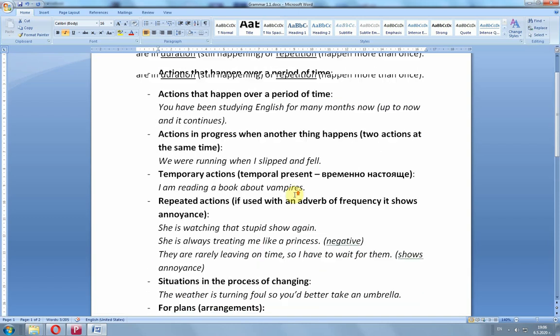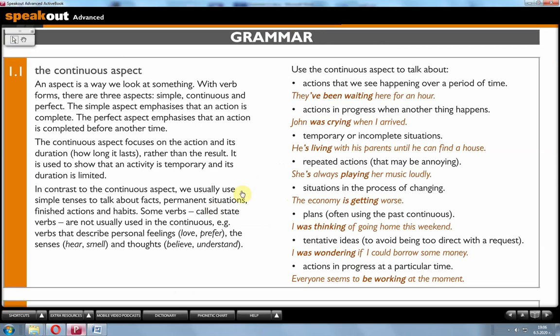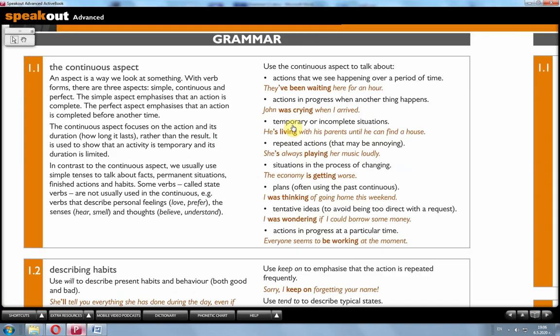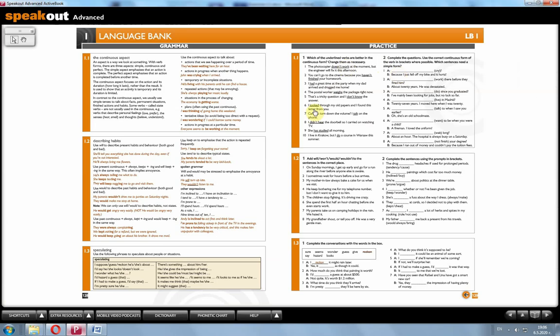Now that's pretty much everything about the continuous aspect, and you have some more examples with the same explanations here. I strongly recommend reading these, and well, it would be a good idea to at least have a look at these exercises, though your teacher should give you more details which ones to do and which ones